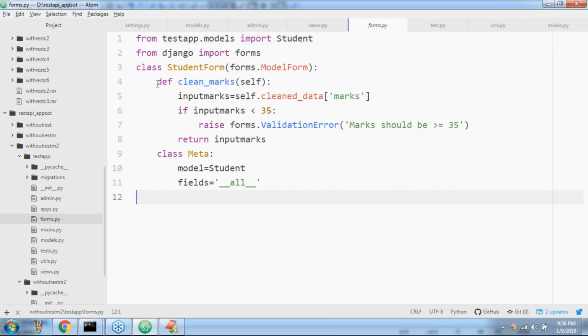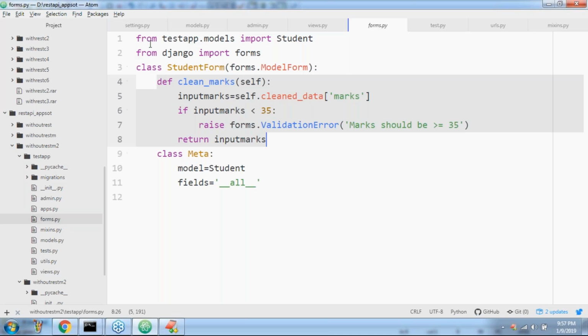Even validation I implemented. Is it possible to implement validation? Yes, clean_marks like this. Form level validation we can do. StudentForm, forms.ModelForm, class Meta, model = Student, fields = '__all__'. What is the validation I implemented here? Only for the marks: compulsorily the marks should be greater than or equal to 35. By mistake, if the marks are not greater than or equal to 35, the data won't be inserted. Simply it is going to raise a validation error, because of form errors, and that information I also want to include. Can you please confirm, everyone?